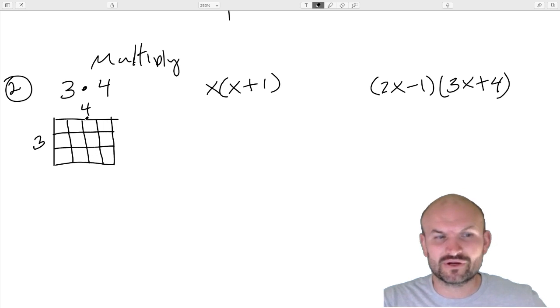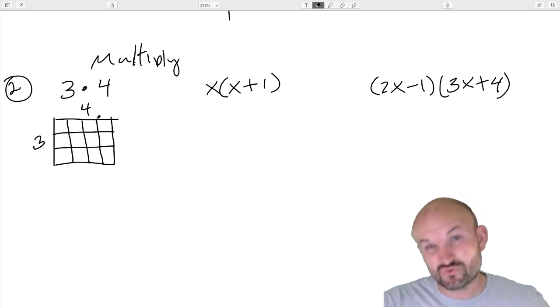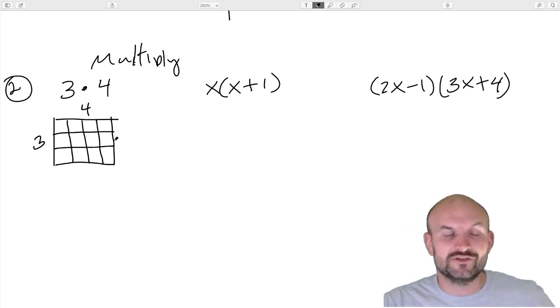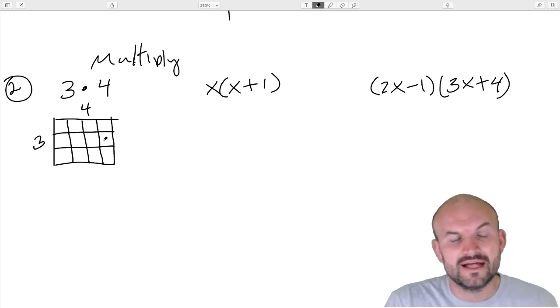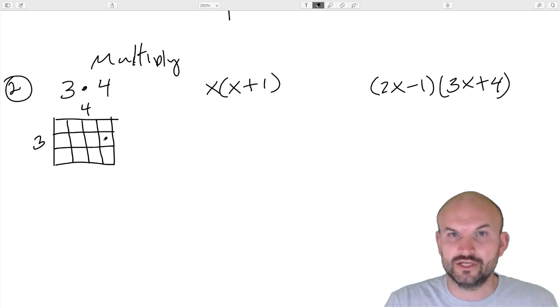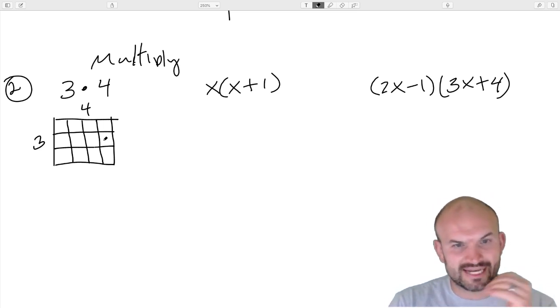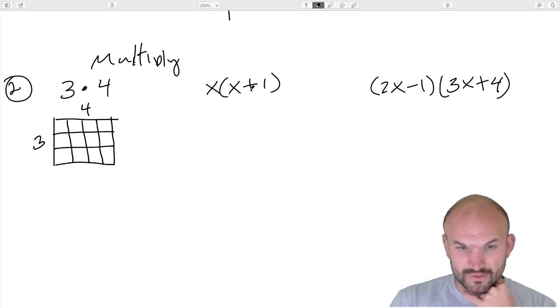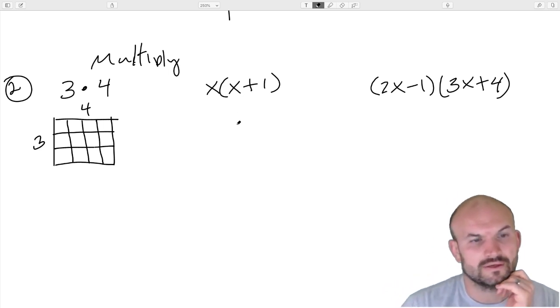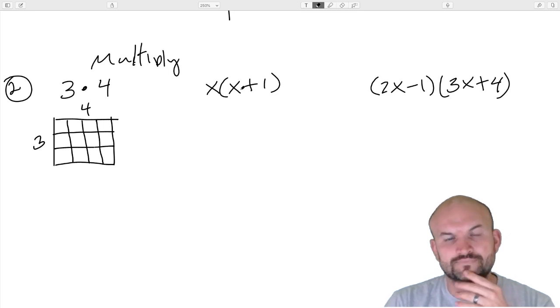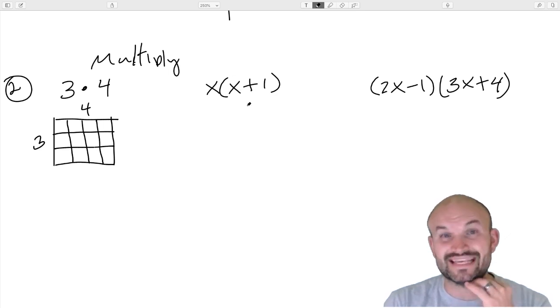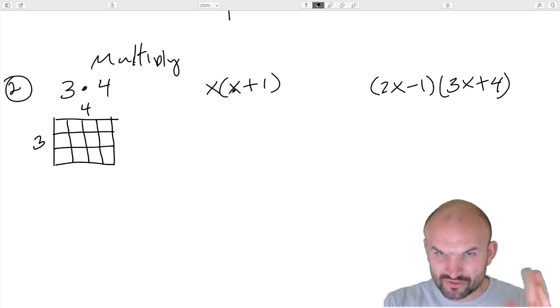And what you can see here, I'm not really sure if that even made sense, 3 rows of 4 columns. But you have 3 rows, 4 columns, and what they make is 12 squares. You can even count them. You can see how there's 12 squares. So that's how we can represent 12 as the area of some rectangle in units. Now, you could do that exact same thing with the x's, but sometimes it gets a little confusing at that point.